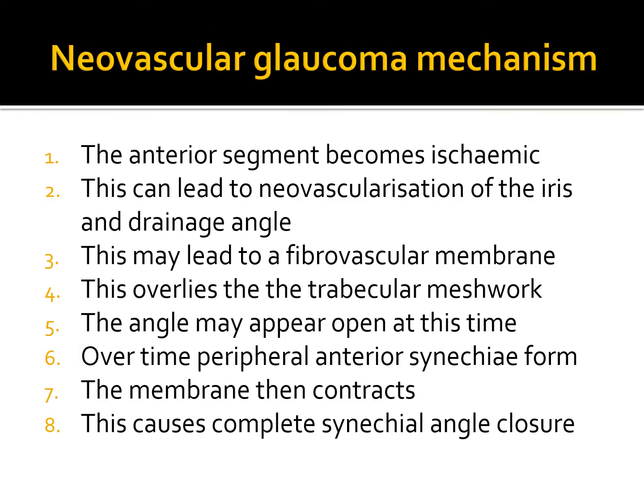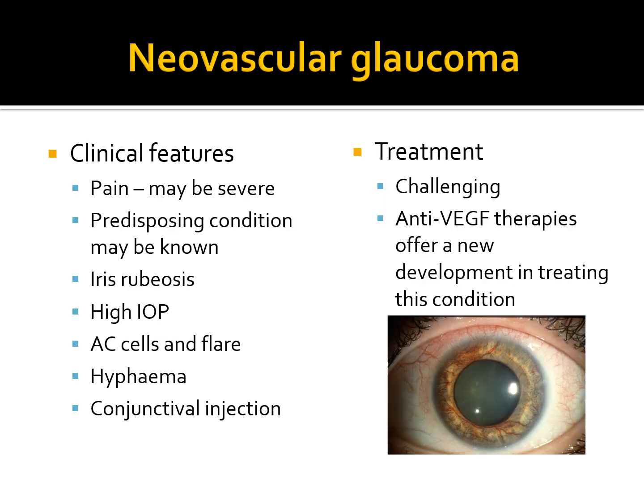So, neovascular glaucoma mechanisms: the anterior segment becomes ischemic. That leads to neovascularization, a fibrovascular membrane that overlays the trabecular meshwork. The angle may appear open at this time, but then it becomes synechial, and the membrane then contracts and causes complete angle closure. So within the community, we're never really going to be dealing with this stuff. It's under secondary care all the time, but it's pain,